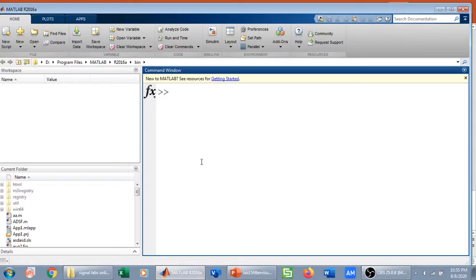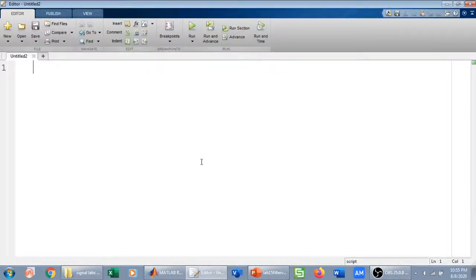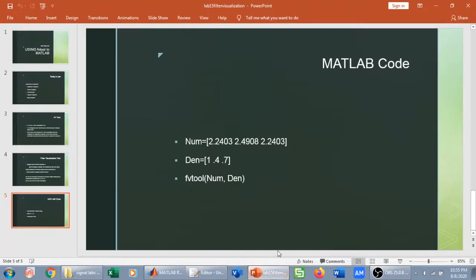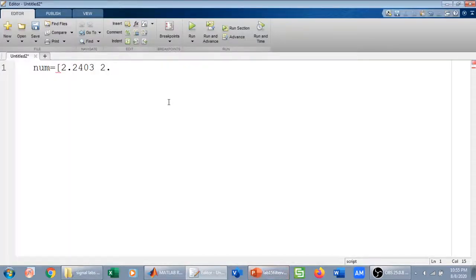I have come here on MATLAB and I will open the editor. When the editor pops up, I will write the numerator coefficients, which were 2.2403, 2.4908 and again 2.2403, and the denominator coefficients were 1, 0.4 and 0.7.